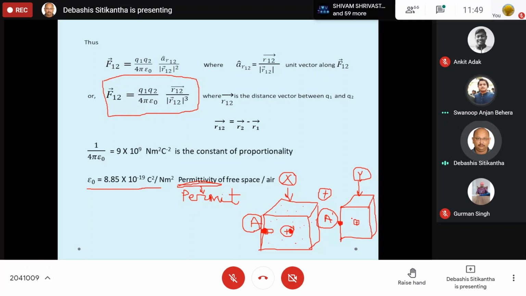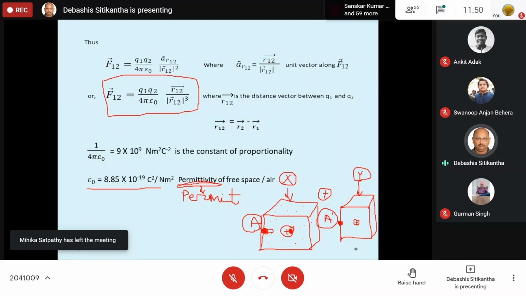So just have a look at these two volumes. Let us say these are two cubes. One cube is made out of a material known as X, the other cube is made out of another material Y. Suppose X is, let us say, metal, and Y is, let us say, fiber material. So these are two different materials. Now at the center of these cubes there is a cavity, and by some hypothetical means I am going to place a positive charge inside each cavity.